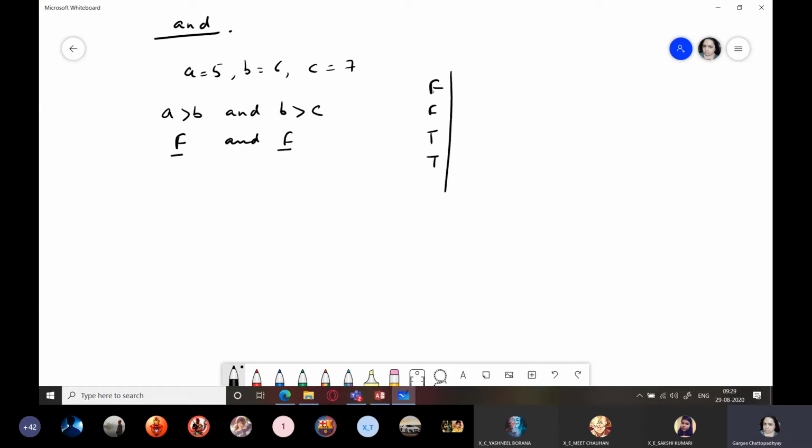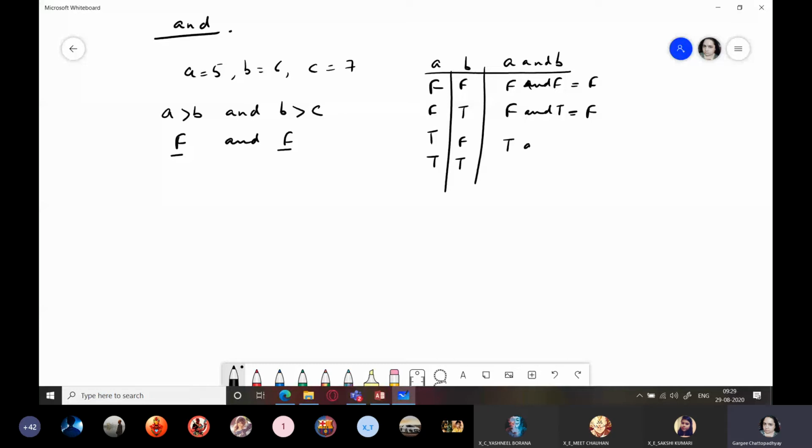Because there are only two values, false and true, there could be 4 combinations for this. If you are using the and operator in between, this is statement A, this is statement B, and I have A and B. So false and false will give you false. False and true, there is one false. एक statement तो false है ना? दोनों true होने चाहिए. So even if one of the statements is false, the result will be false.